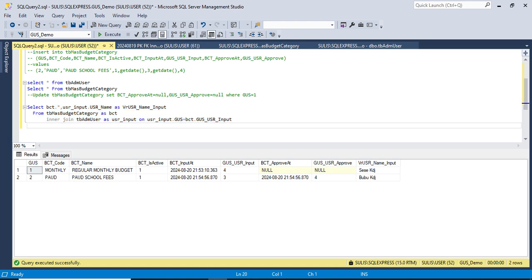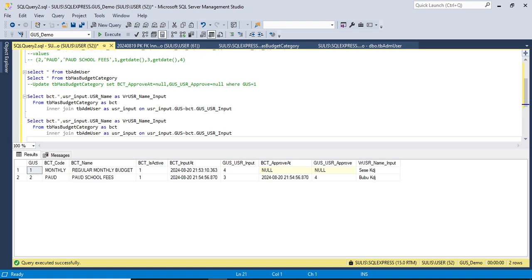And now what about outer join? Okay, I will give the second query. Let's see the data. In the first data, Goose approve is null and the second is already approved. This is not null.